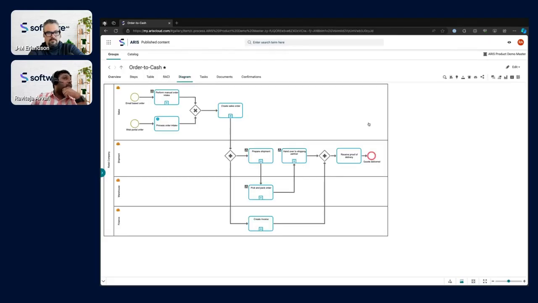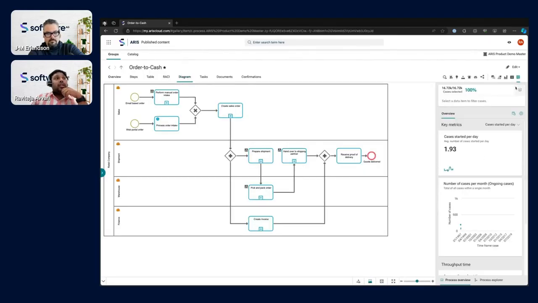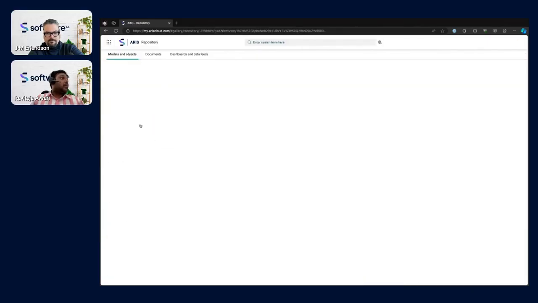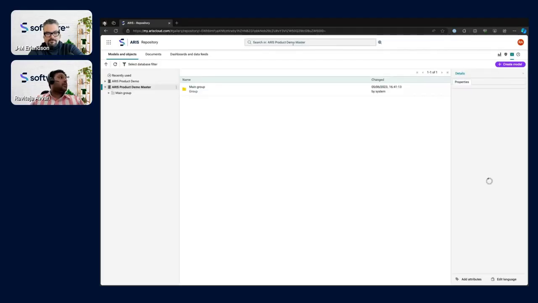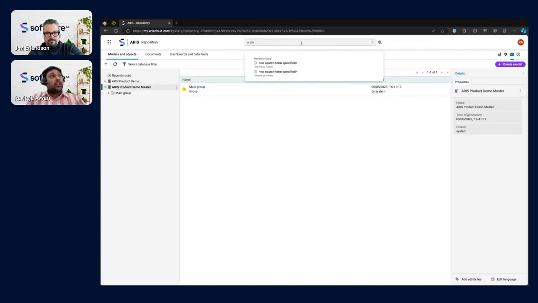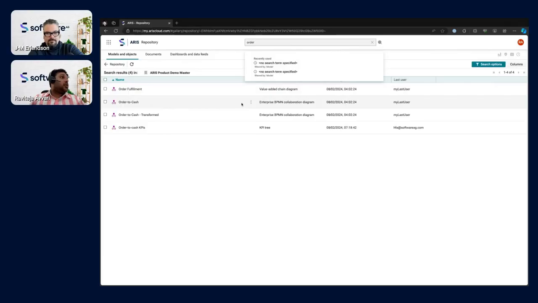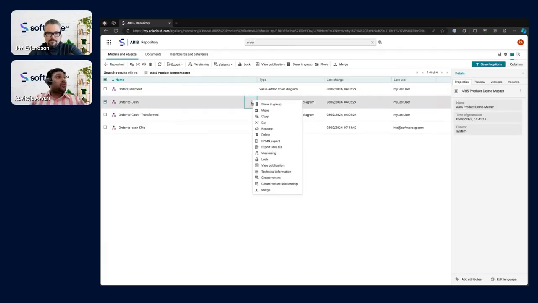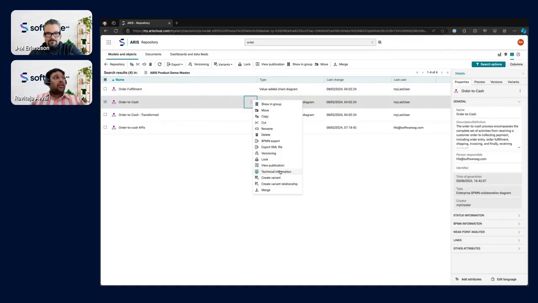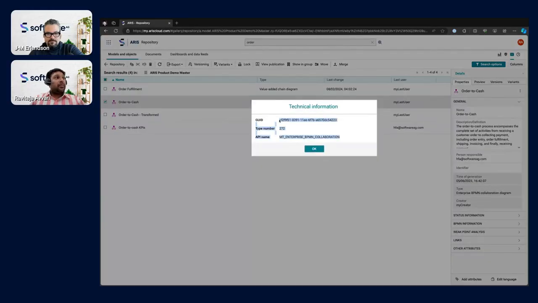So when you go into the diagram view, now you see the dashboard is basically configured. That is a process mining dashboard, but you really want to change this, right? Because you want to have all the KPIs next to it. How do you do that? So you first go into the models and objects view, and you search for the model that you are looking for. So here, what we want is to have it in the order to cash section. So what we do is when you go into one more section, you have something called technical information. Go ahead, copy the GUID,